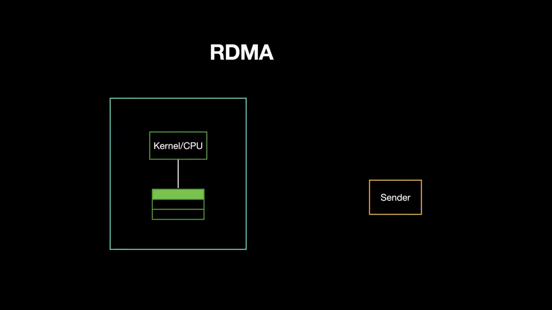An equivalent would be if the postman had to knock on our door and talk to us before delivering every piece of mail. This is not what happens in real life. The postman just leaves the post in the mailbox without our involvement. This kind of direct access is what RDMA provides. It bypasses the kernel and the CPU on the receiver side, and the sender can just directly place the data in the RAM on the receiver side.